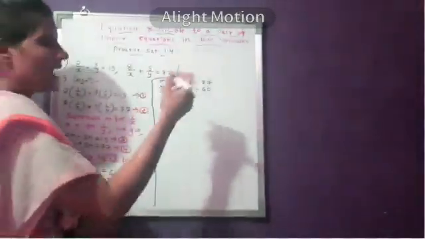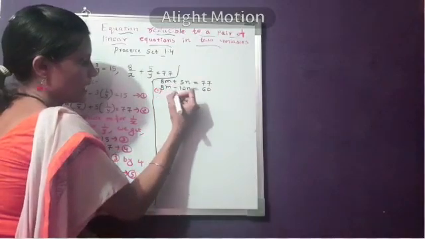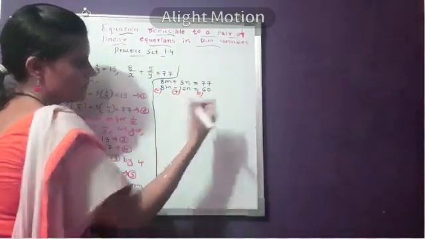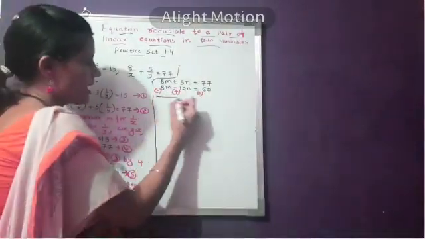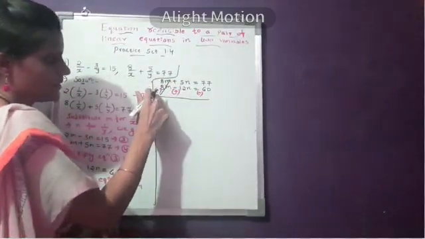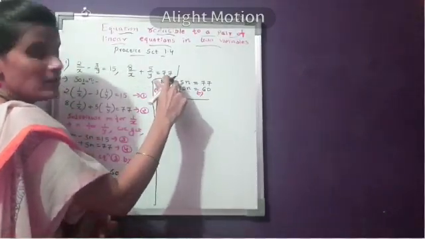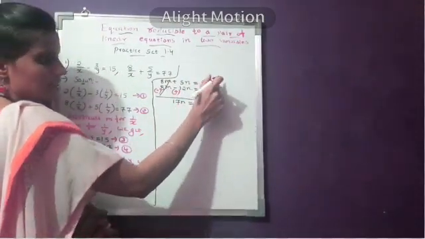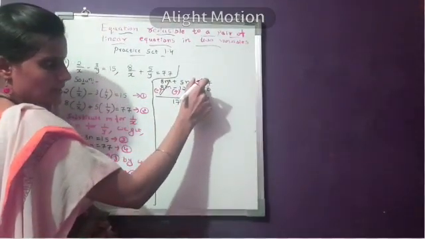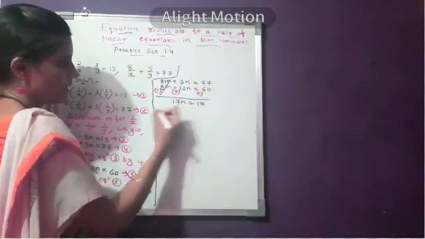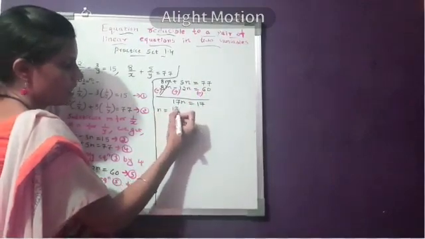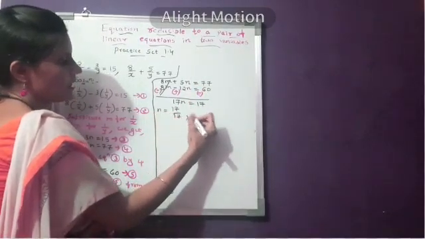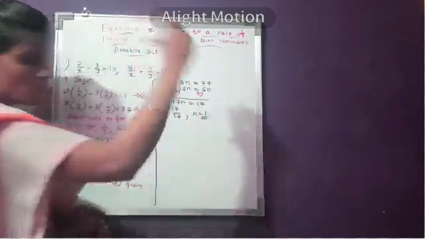You know that while subtracting, the sign will change. This will become negative, this one will become positive. So in the answer, positive and negative will get cancelled. Minus 12n plus 5n, you will get minus 7n. And this one, 77 minus 60, because the bigger number sign will come, it will become 17. Therefore, your n is equal to 17 divided by 17. Therefore, n is equal to 1.